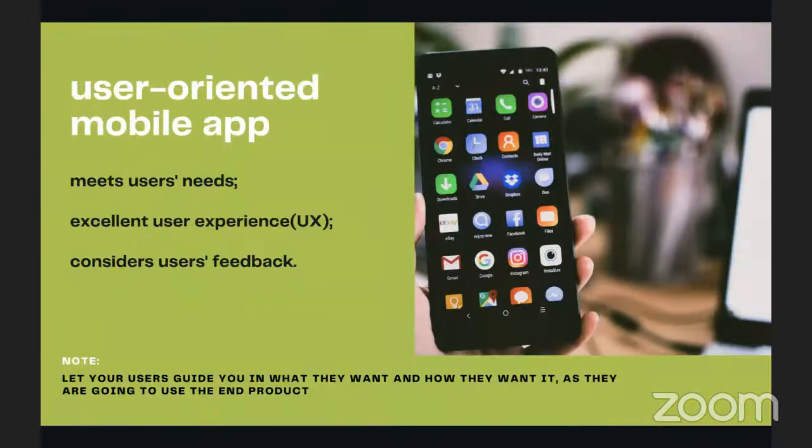A small intro on what we usually mean when we talk about a user-oriented mobile application. First and foremost, this is an application that simply meets the user's needs, yeah? For instance, a user just wants a simple application, maybe a simple to-do list application, yeah? So if you build an app that does that and you present it to the user and they like it, then that's a mobile app that has met the user's requirements,